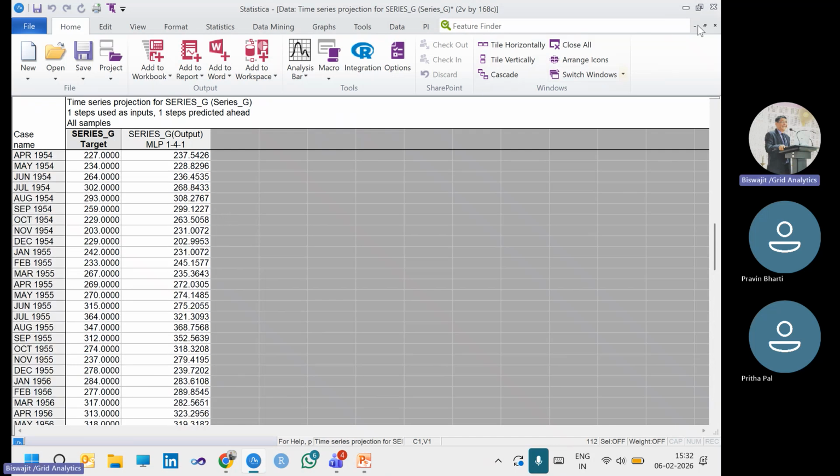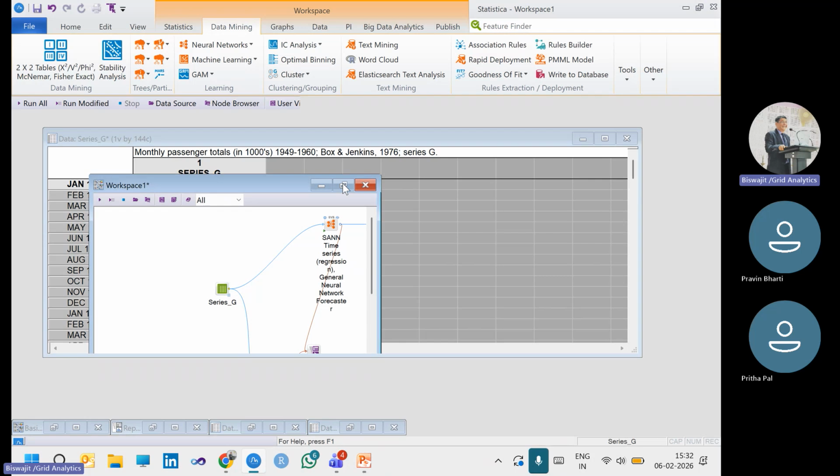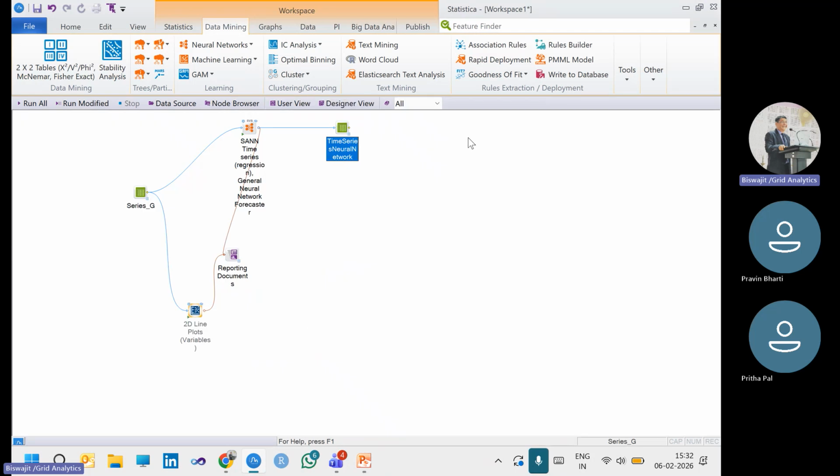If we wanted to observe the data, whether visually you would like to inspect how our prediction has done well,